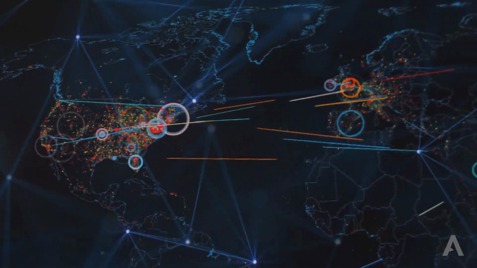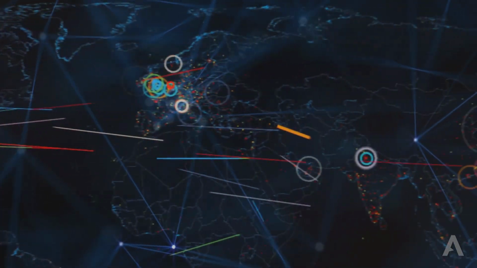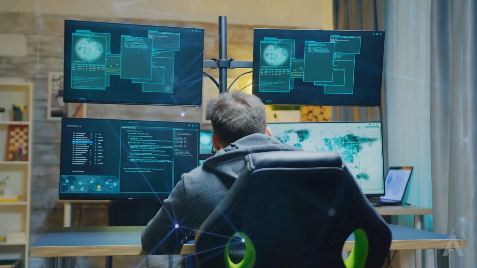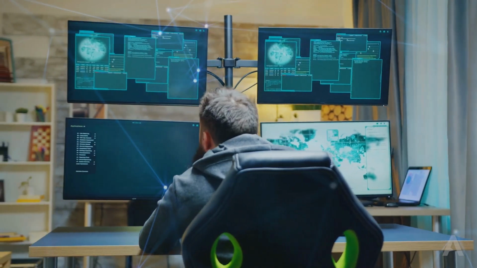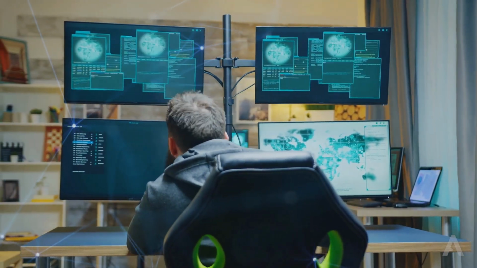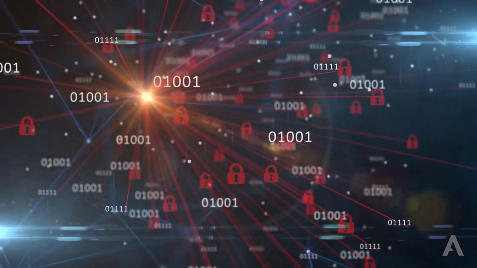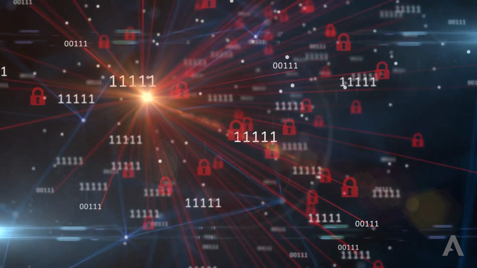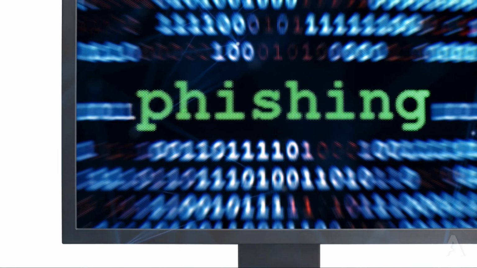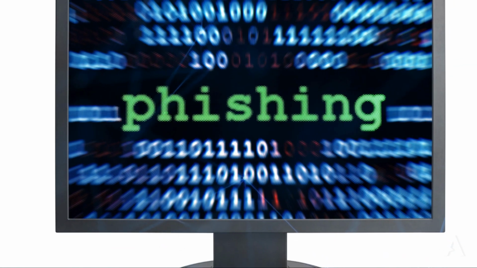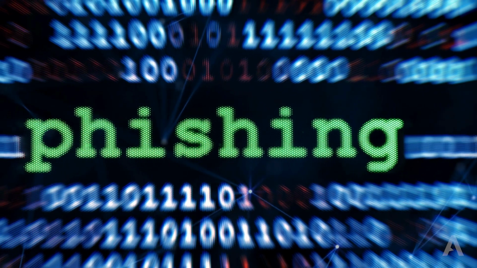Today's digital landscape is rife with sophisticated cyber threats. Hackers are constantly developing new ways to exploit vulnerabilities and gain unauthorized access to valuable data. Traditional security measures like passwords alone are no longer sufficient. Passwords can be easily compromised through phishing attacks, brute force attacks, or credential stuffing. Businesses need to adopt stronger authentication methods to safeguard their assets and maintain customer trust.